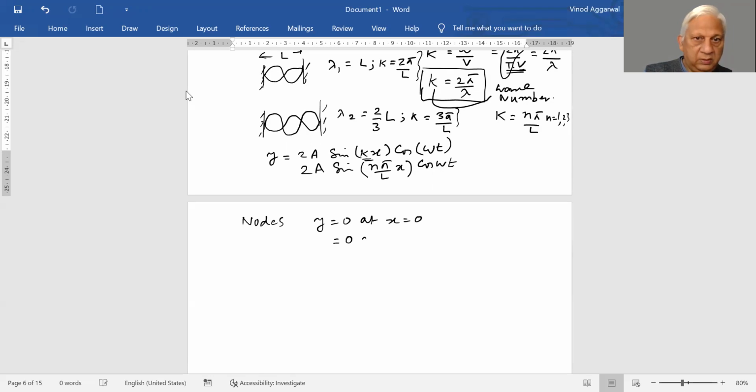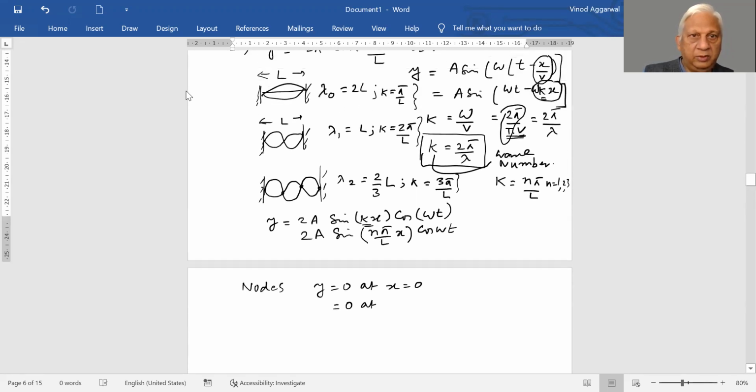Also 0 at all these places, or at boundary conditions of each of these types, which is this being...